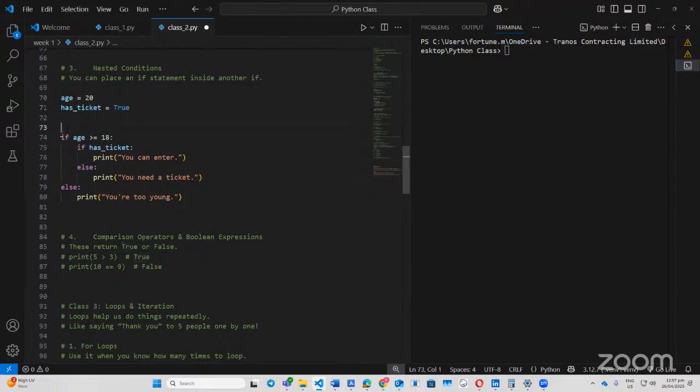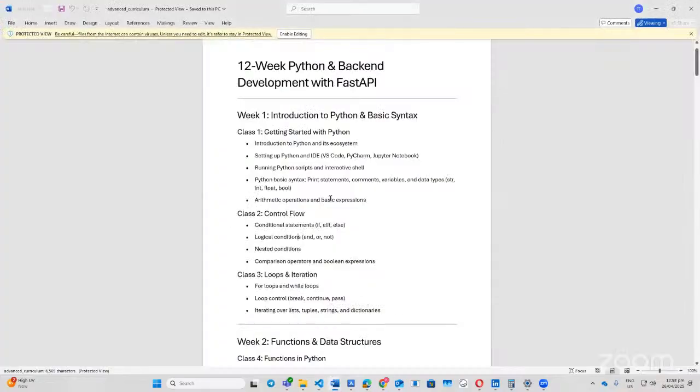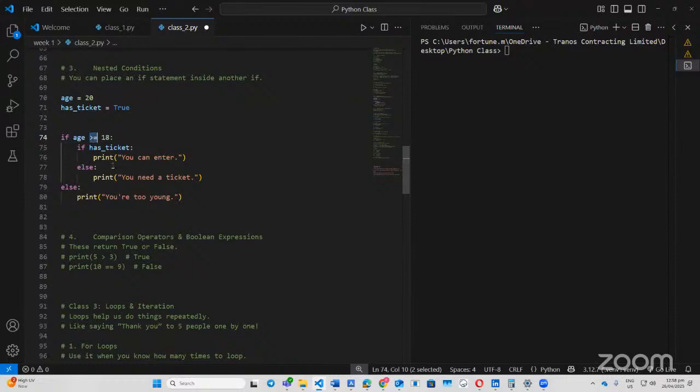Now, the first condition is this: if age is greater than or equal to 18. Did we talk about this? I think we didn't, but you should know this, right? So if age is greater than or equal to 18, you are saying if this condition is true, then enter this code block,